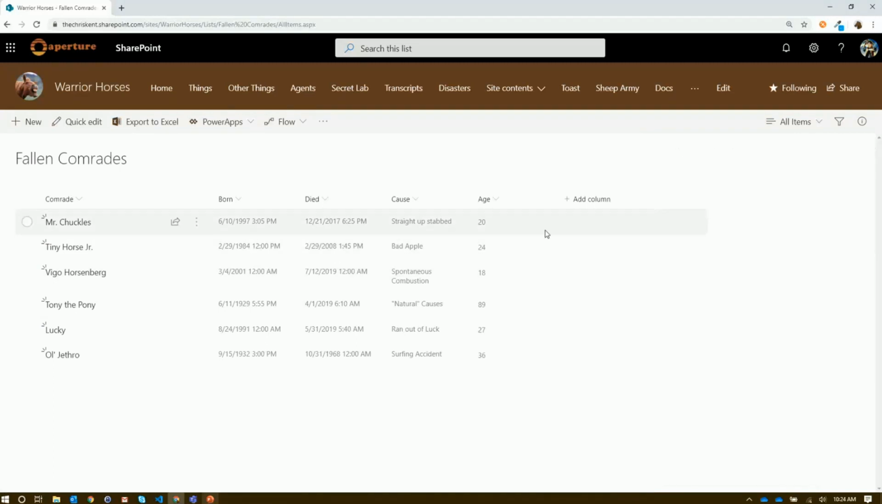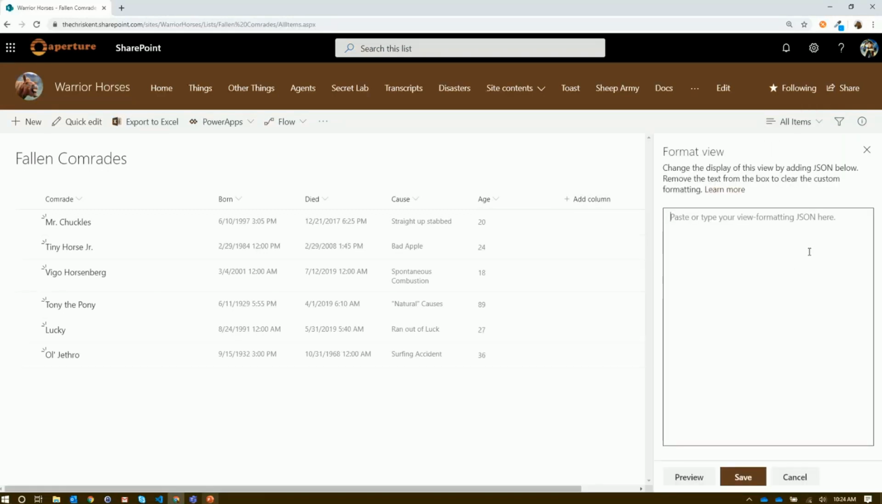And that's okay. But what if we want to do something else, right? Like maybe we want to highlight people that have died just this year. So we can format the current view. And we're going to use an additional row class. An additional row class provides a way to apply a class across your entire row, and you can do that conditionally. So if I type in additional row class,